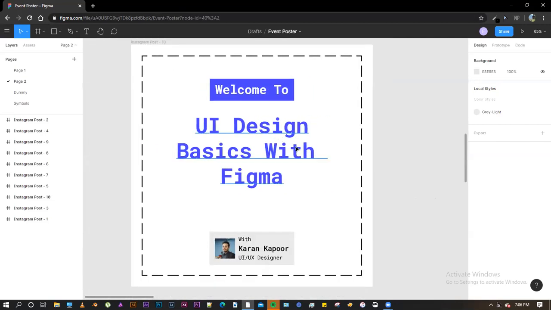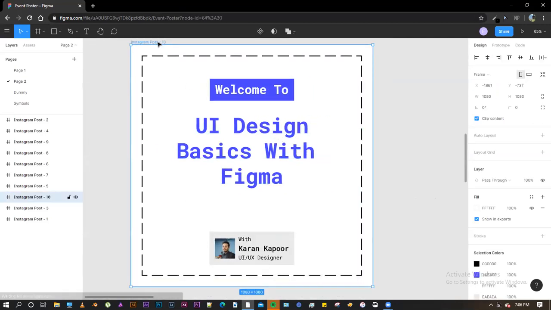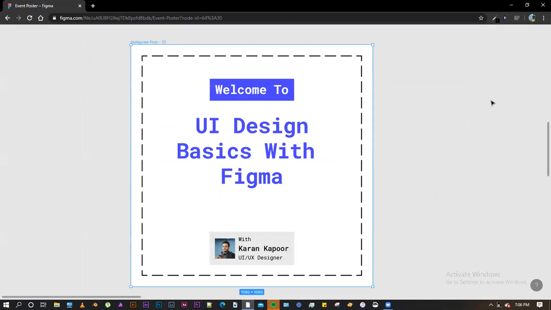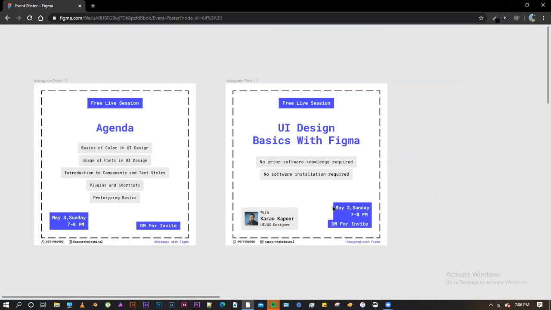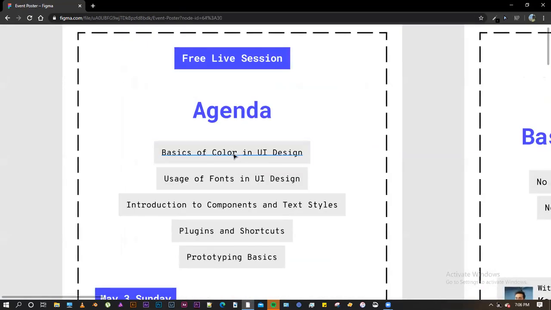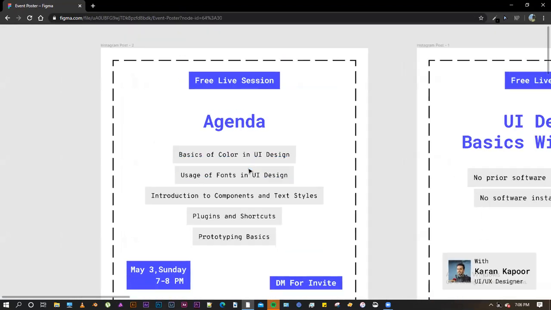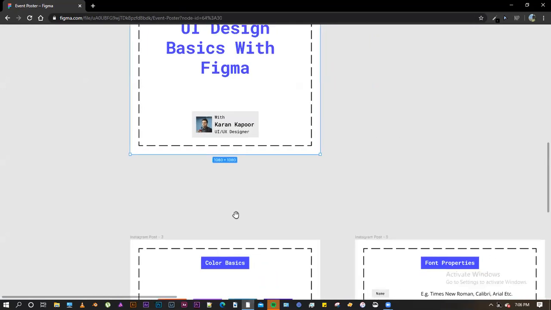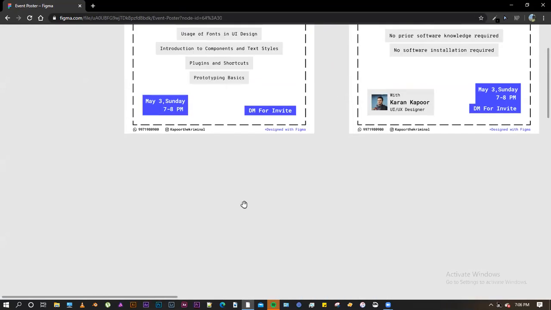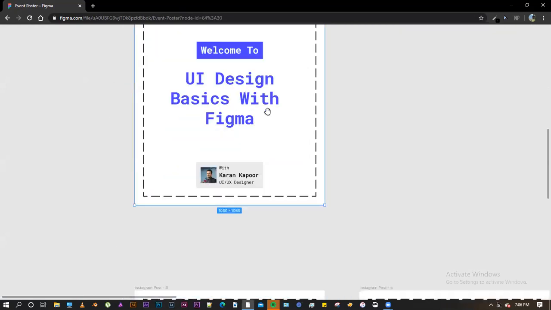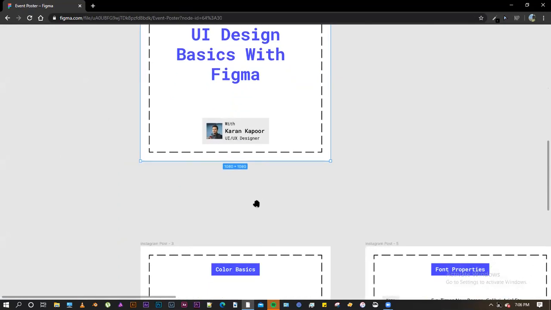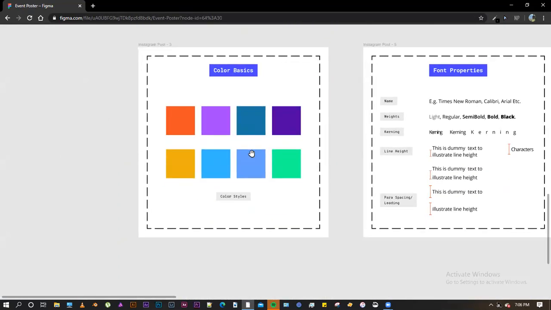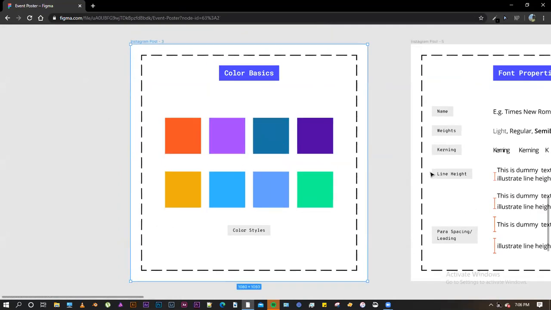Okay, so first of all, welcome to the session. And the topics that we have for today are, first of all, we'll cover colors. So let's move on to that immediately, right? As you can see, I'm dragging on the screen. This is by the shortcut. I'm holding down the space bar and then dragging with the mouse. All right. So first things first.